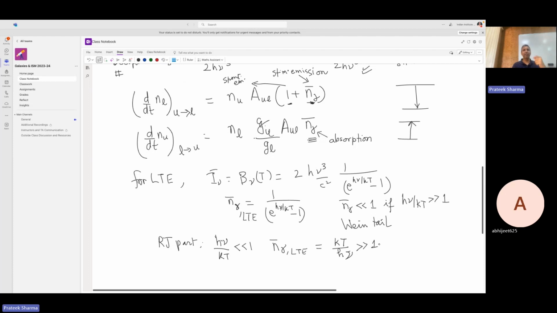Photons are bosons, unlike fermions, and in a single state they can be present in huge numbers. Unlike fermions, where in a given quantum state you can only have one fermion. So here in the Rayleigh-Jeans part, in the same state there are many photons. In radio astronomy, optical astronomy, and so on, especially in radio astronomy, you're almost always in the Rayleigh-Jeans regime, where a single state has billions of photons, and you can treat those